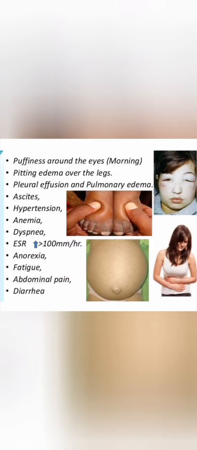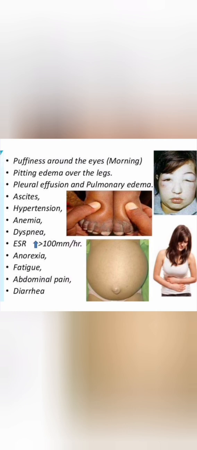This picture shows the puffiness around the eyes, especially in the morning, and then pitting edema. The second picture shows the pitting edema when we are palpating the lower extremities. There will be edema present, pleural effusion, fluid accumulation in lungs, and then ascites,